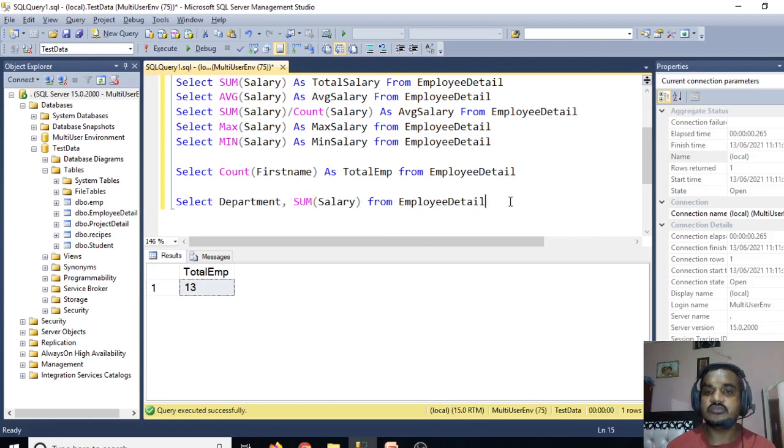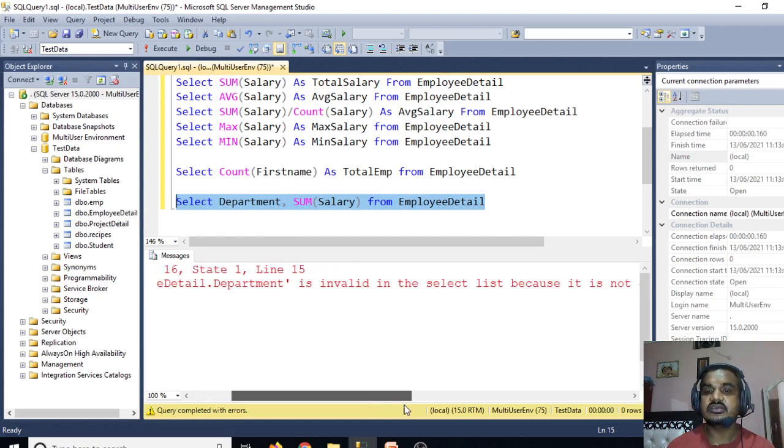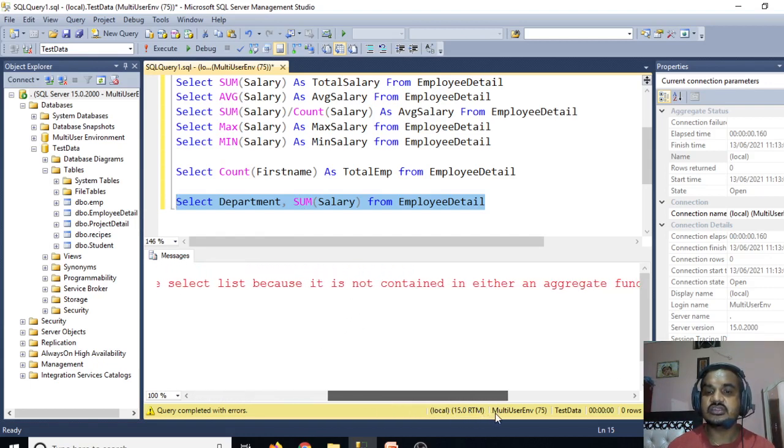Now here we have to use group by. In case you don't use group by, let's see what would be the result. We have just written select department and sum of salary from employee detail. So let's see. Guys, if you see, it throws an error: column employee detail dot department is invalid in the select list because it is not contained in either an aggregate function or the group by clause.